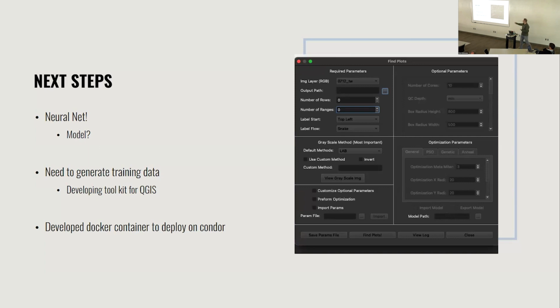And the last thing here. Because this is so computationally intensive, I went ahead and developed a Docker container to run this on CHTC Condor. So the biggest thing here is setting up the param file. You can play around with this in QGIS to see what parameters are going to work for your specific image. Once you have that known, then you can just pass a parameter file to the Docker container, and it can just run everything. So you can throw it on some kind of node or cluster environment.